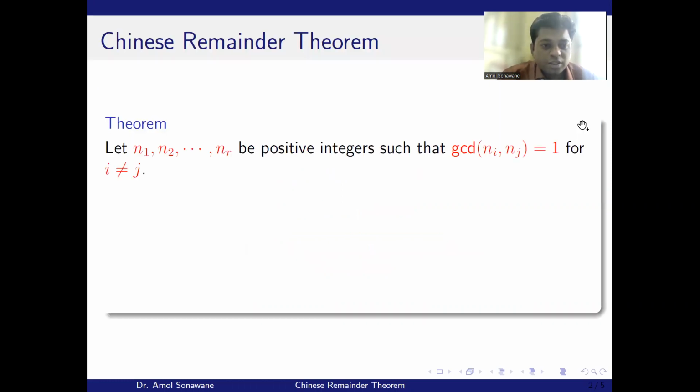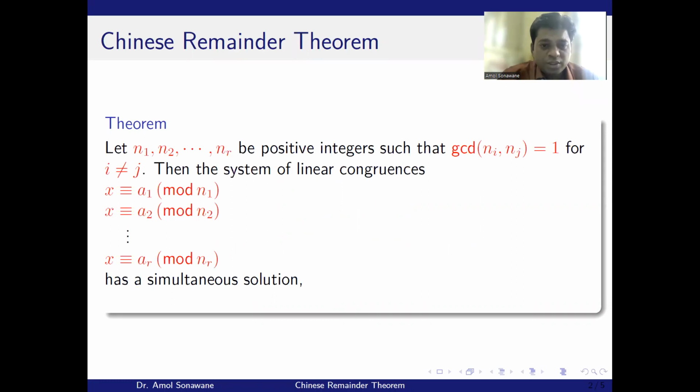Let n1, n2 up to nr be positive integers such that GCD of ni and nj is equal to 1 for i not equal to j. Then the system of linear congruences x congruent to a1 modulo n1, x congruent to a2 modulo n2 up to x congruent to ar modulo nr has a simultaneous solution which is unique modulo the integer product of integers n1